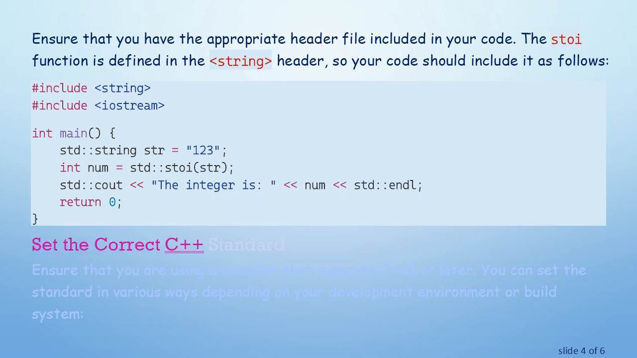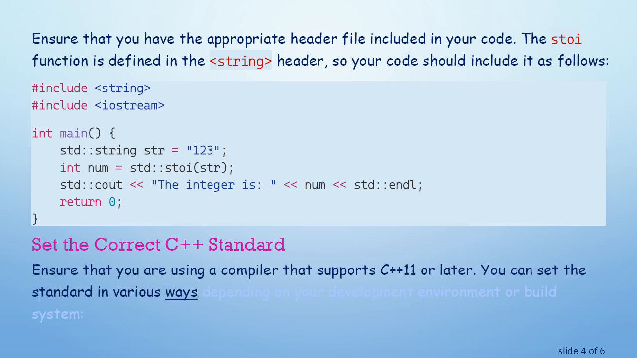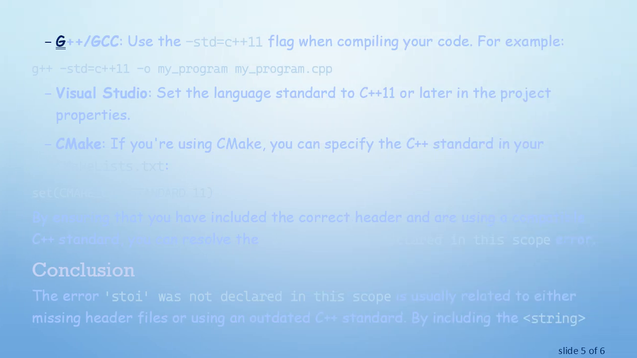Set the correct C++ standard. Ensure that you are using a compiler that supports C++11 or later. You can set the standard in various ways depending on your development environment or build system. G++/GCC: use the -std=c++11 flag when compiling your code. For example,